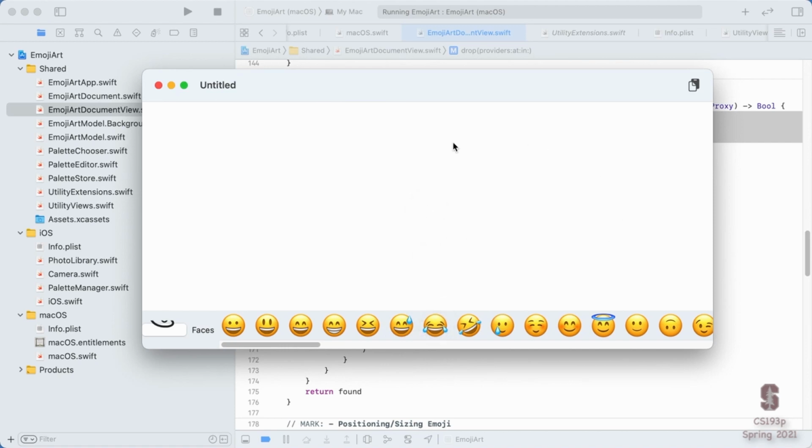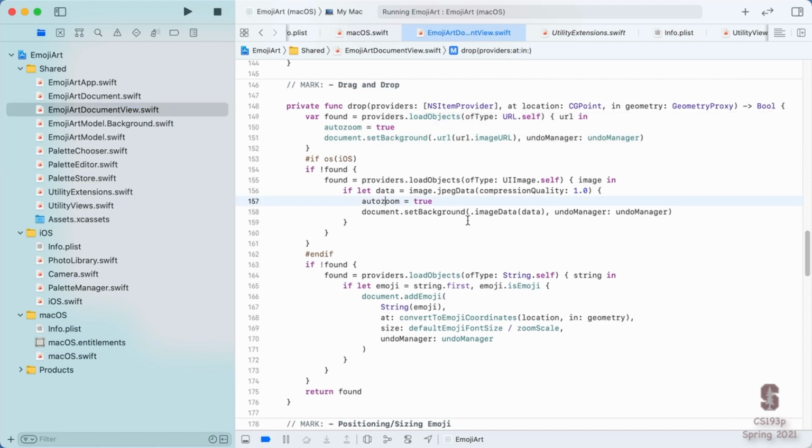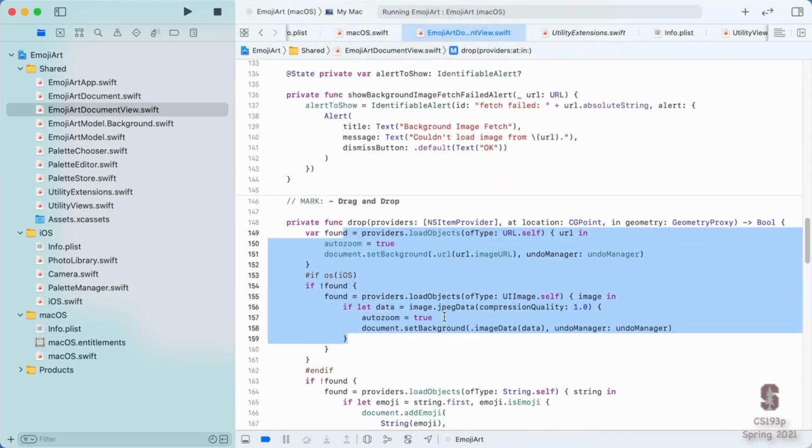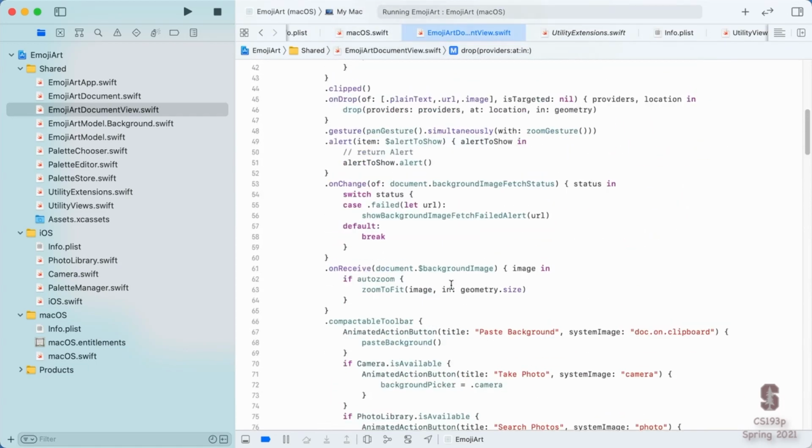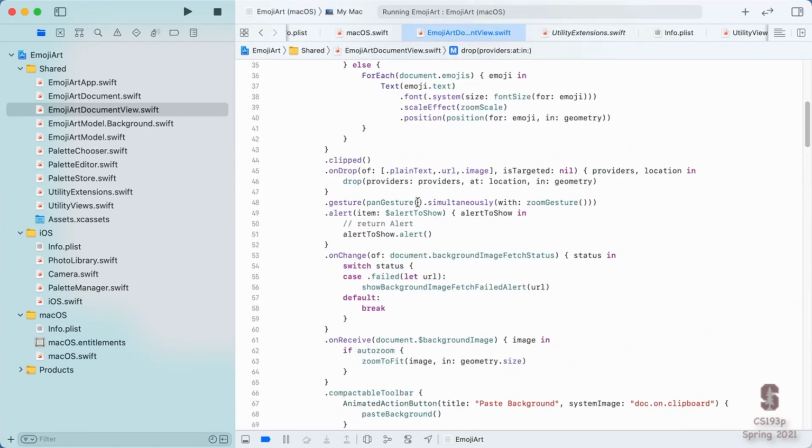Well, here's our first problem that compiles fine, but doesn't work fine on the Mac. This is a really easy one to fix, luckily, but you might be wondering why it didn't do it. Let's go look at the code that does drop. It's up here. Here's our drag and drop. The problem turns out to be that on the Mac, when you're doing drag and drop, the uniform type identifier you want here is not plain text.